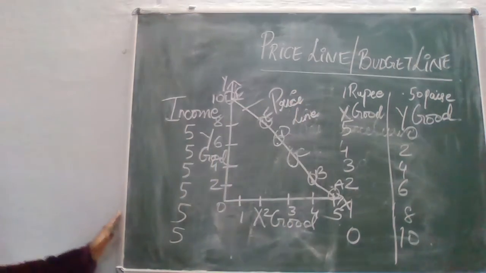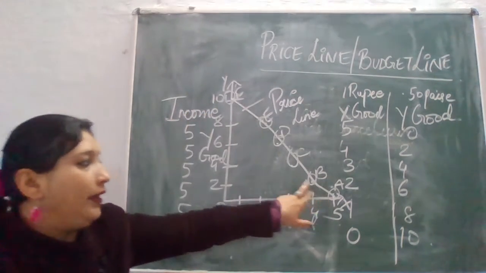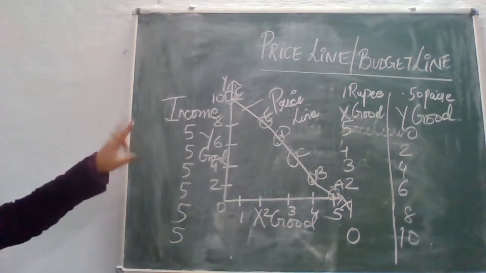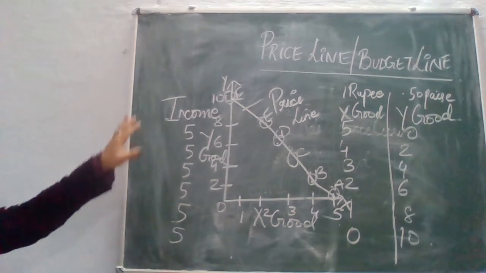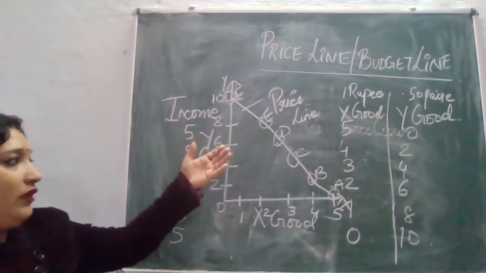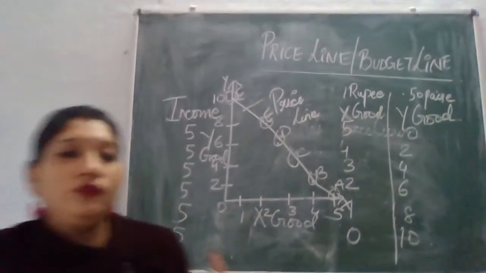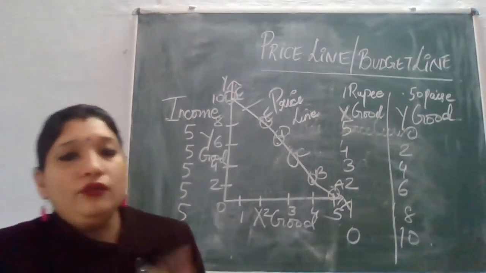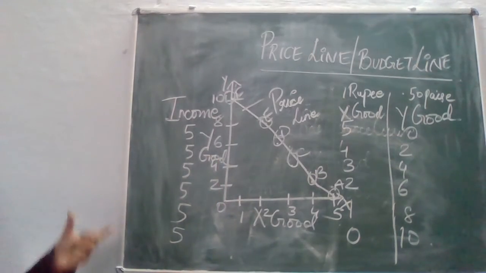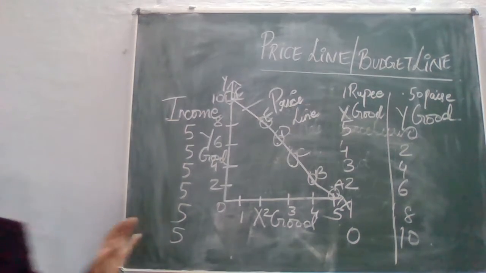This is your price line. So in the diagram, the price line shows various combinations, that is A, B, C, D, E and F, of two goods which the consumer can purchase given money income and price of two commodities. So we can also say that the price line is showing the purchasing power of the consumer, कि एक consumer की purchasing power कितनी है जिसके basis पर वो X good या Y good को consume करेगा, different combinations को use करेगा. Okay, so this was the table and diagram of the price line.